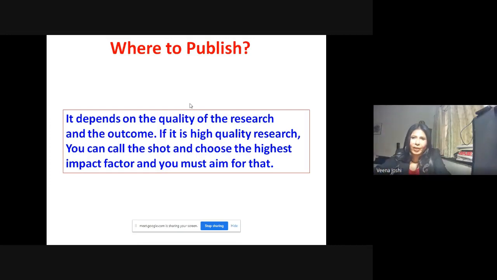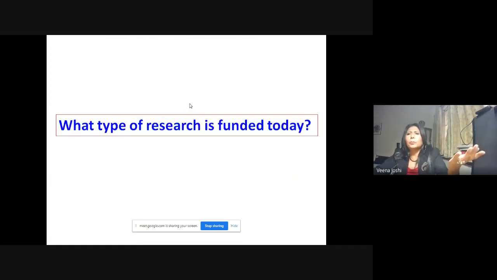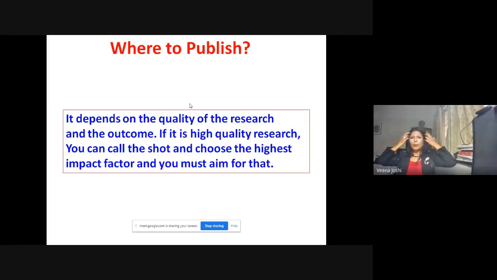So where to publish? I don't decide, my quality of research decides. अगर क्वालिटी नहीं रहेगी तो कोई भी उसको पब्लिश करेगा कि नहीं. और इसलिए बार बार मैं बोल रही हूँ, घड़ी है ना, वॉच, उसकी कीमत कैसी रहती है मालूम है? 50 रुपया से शुरू होती है, 100 रुपीज से शुरू होती है.